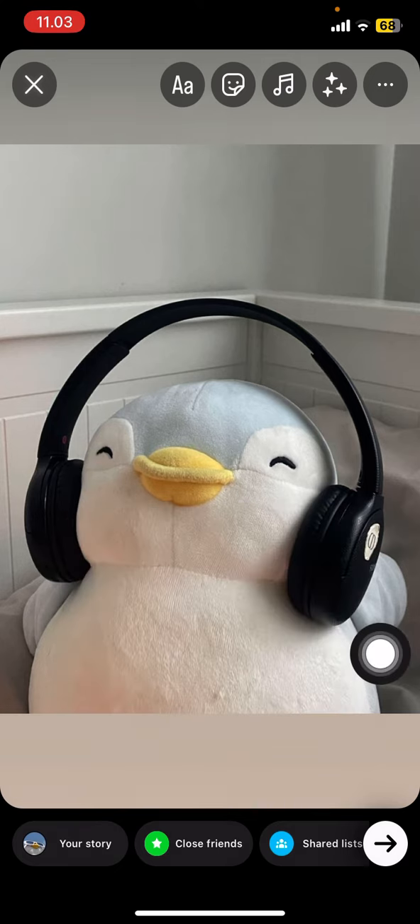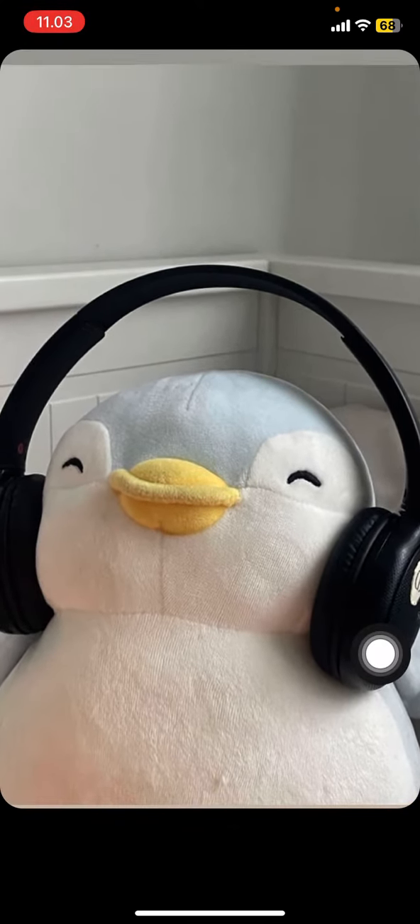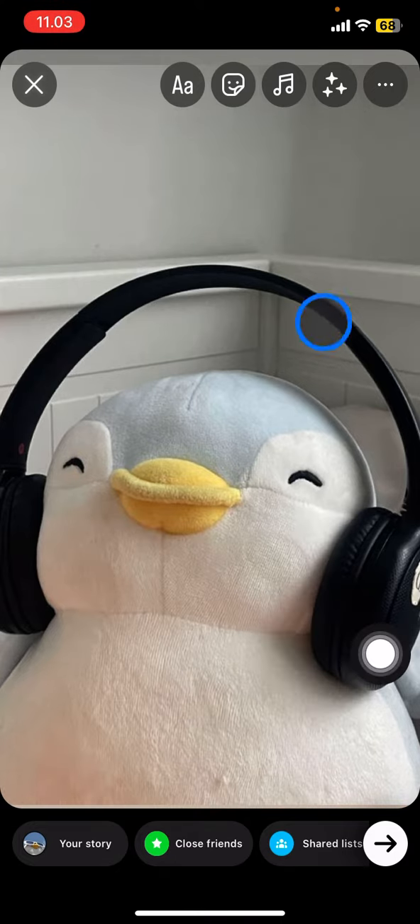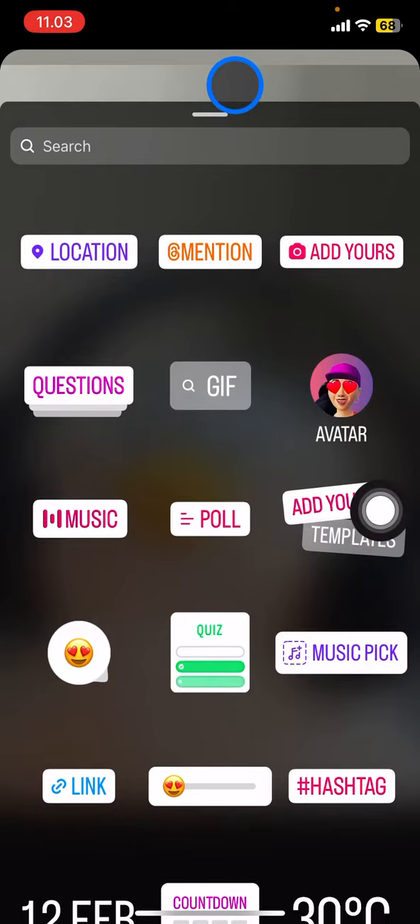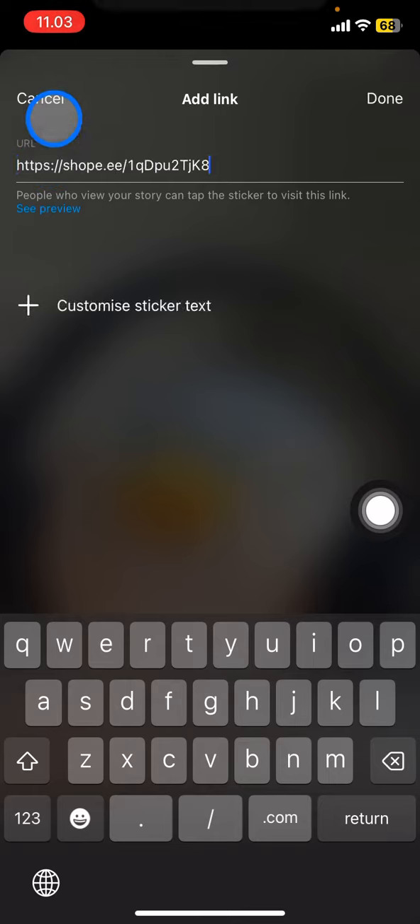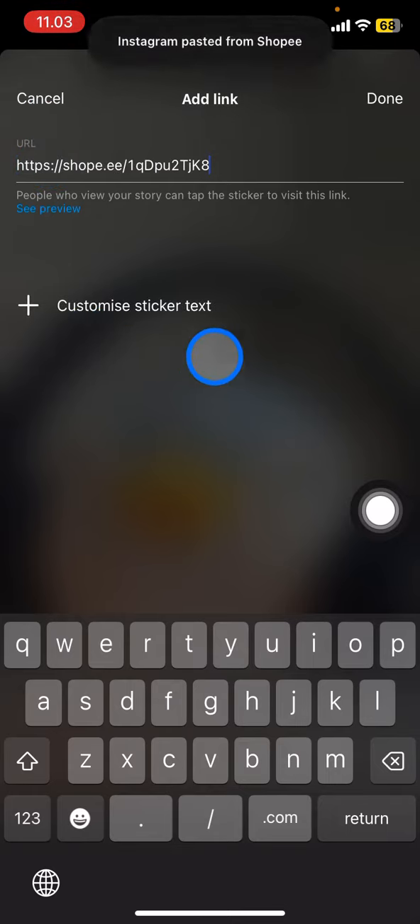So let's say here I am selling this headphone, and I would like to promote it where my followers or viewers can find this product. So you just need to add or generate the link for this. What you have to do is copy the link of the product that you sold from the e-commerce platform or any application, and after that go click this button and click this link. After you copy it, just paste it here, and you can also customize the sticker text